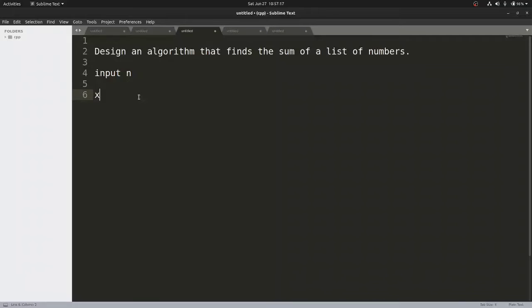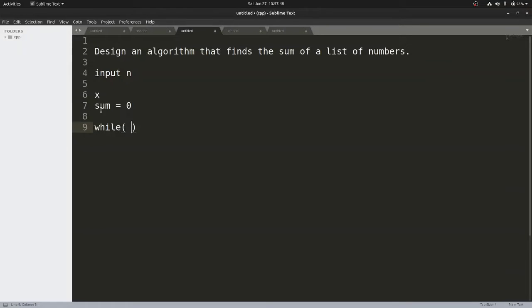After that we will take a container x which will take the inputs of n numbers in n iterations, right? And then finally we will take another container, let's say sum, and give it the initial value 0, because we haven't seen the first number till now. That's why we have taken the initial value 0. Later on with 0 we can add anything, right? Now we need to repeat. Repeatedly we need to take the inputs for x.